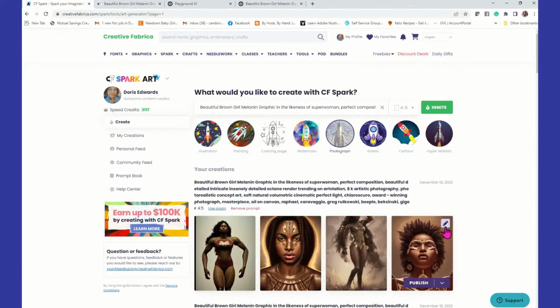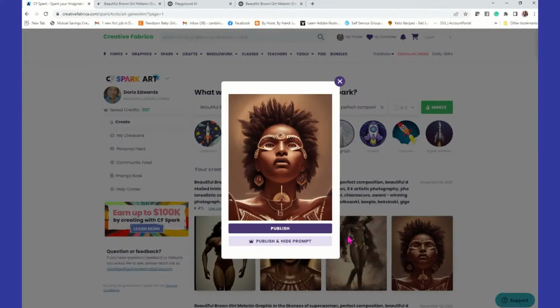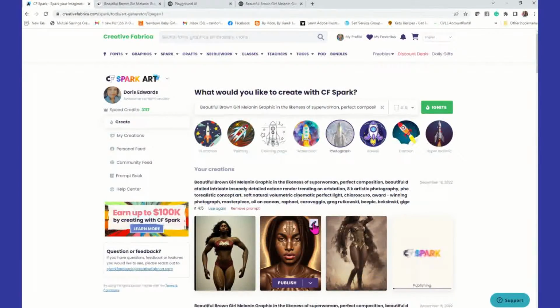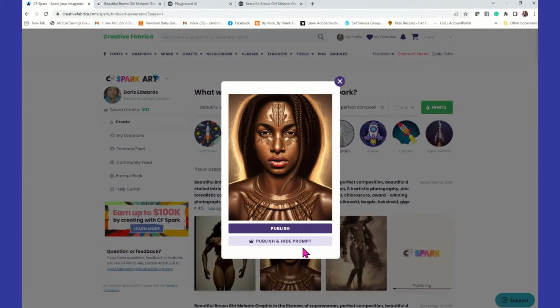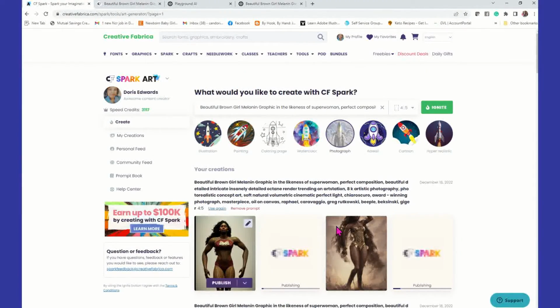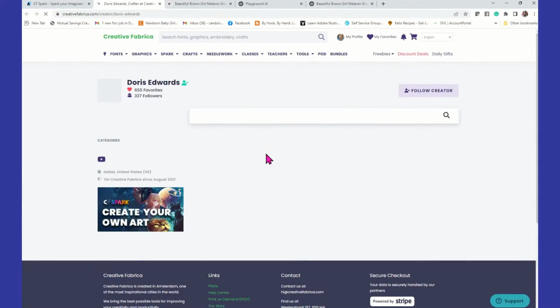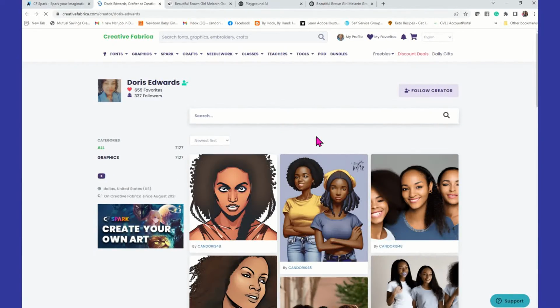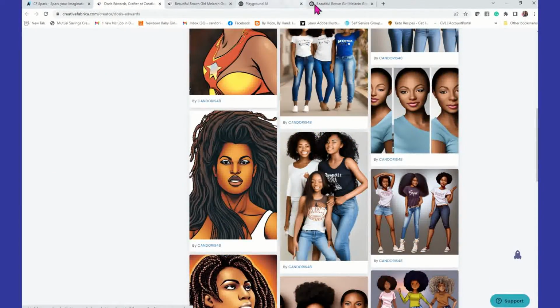Okay. So you can kind of see what you get on that 4:5 and decide if you want to keep it or what have you. So this is just giving you some additional places that you can take these images from Creative Fabrica and really blow them out to make them something else. You don't have to bring the images back into CF Spark. You can go right into